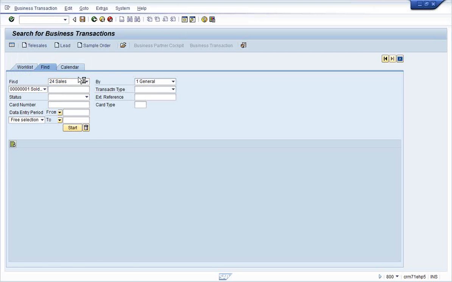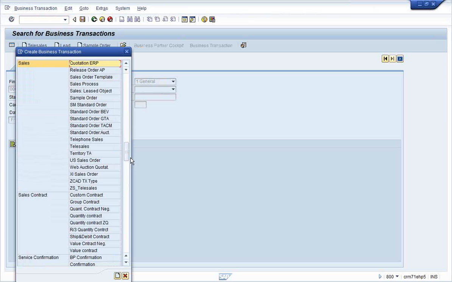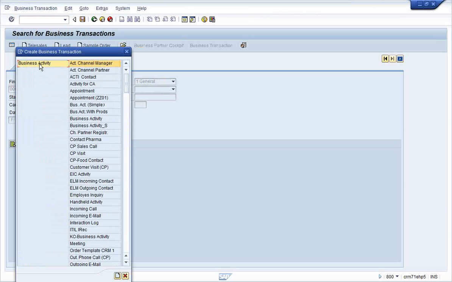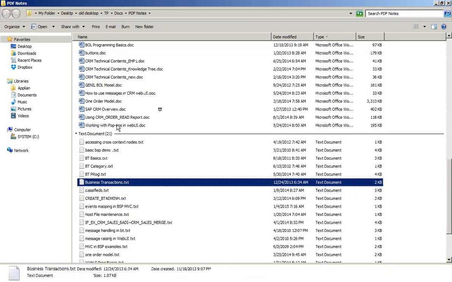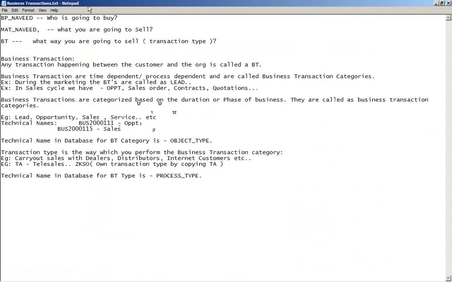Create. On the left hand side it gives you something called business transaction category. Now you should know what a business transaction category is. A business transaction category is time dependent or process dependent.